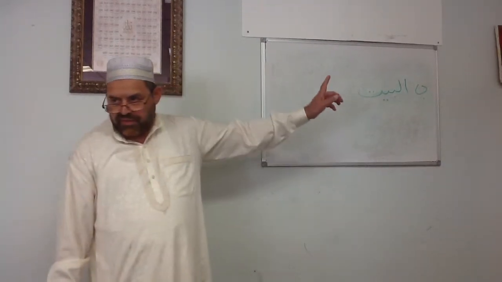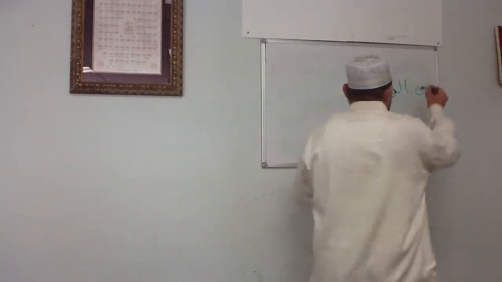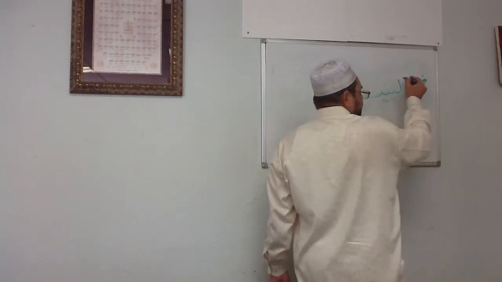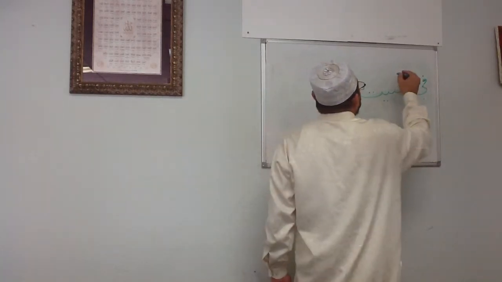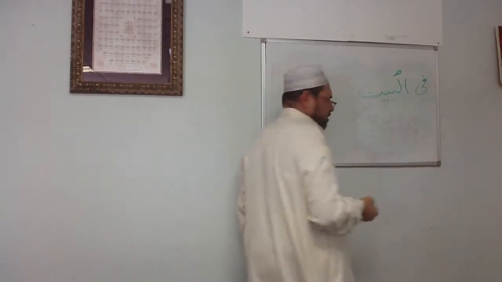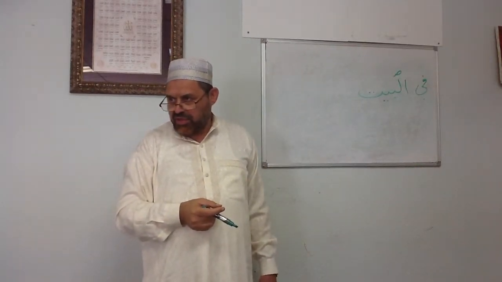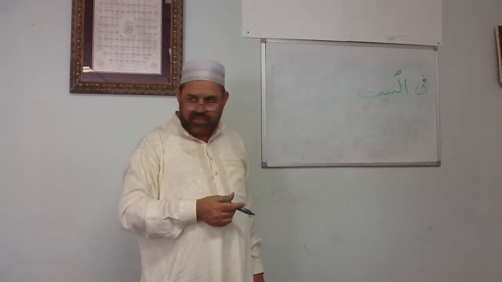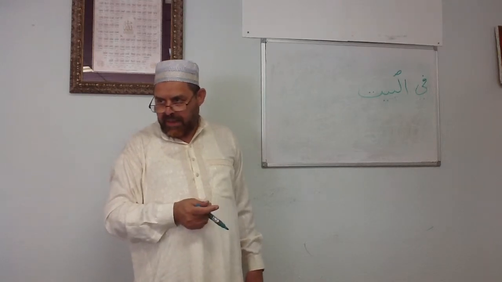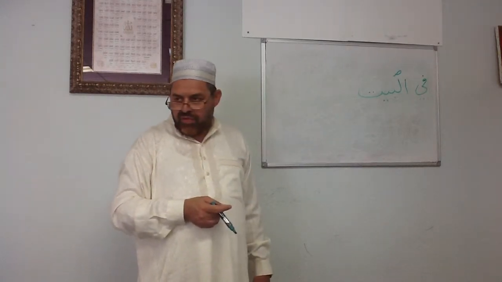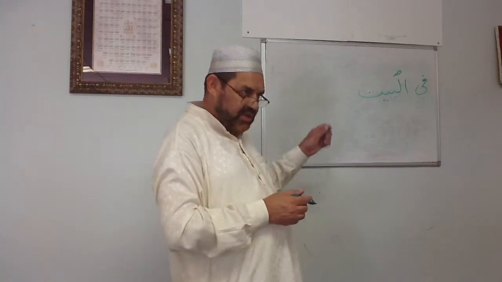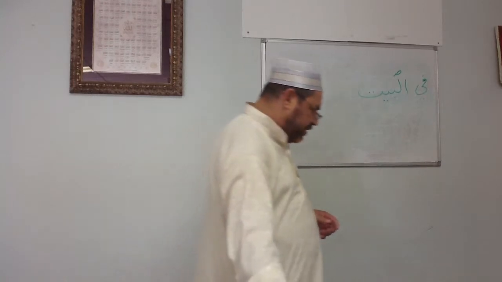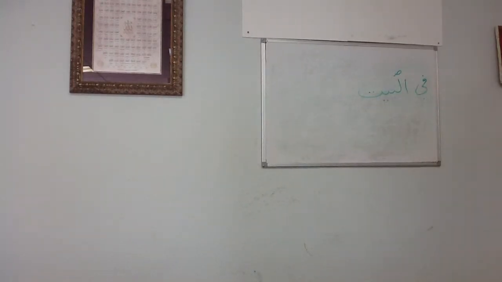Since we are pronouncing this fi, fil bayt, we already dropped the sound of Hamza, right? But we put a little swad over here. This little swad is called wasla, the symbol wasla. Does the Quran show this sign? Yes, the Quran that is printed in Saudi Arabia, if you look at this one,